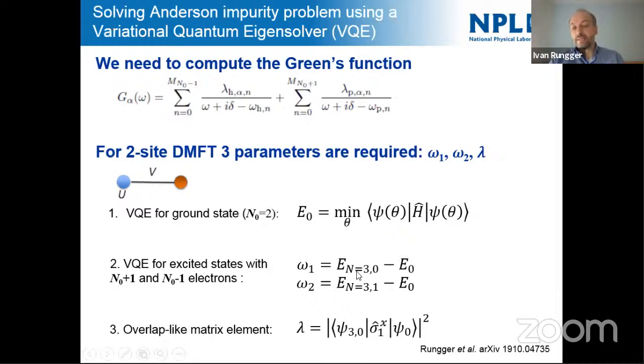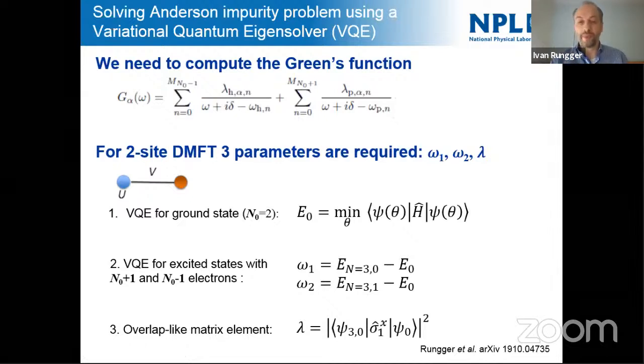For the excited states, the same thing. We only need a few. That's the important thing. We don't need all of them, which makes it scalable. And then again, we rely on methods to calculate excited states using these quantum computers. The last one, the overlap matrix element. If the fidelity for this circuit is good enough, then you can compute it. So the bottom line is that this is scalable.